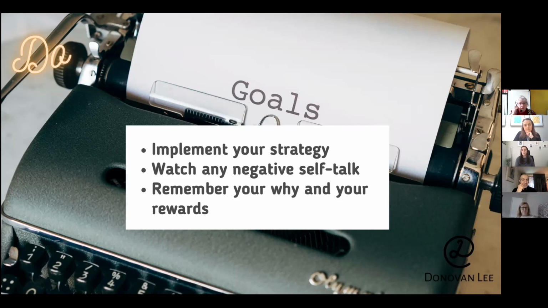So in summary of the 3-step model, in order to change, we need to start by becoming aware. So we diagnose and we find our why. Then we need to design our strategy. We use the habit loop and the 4 laws of behavior change. And then we just start doing it.